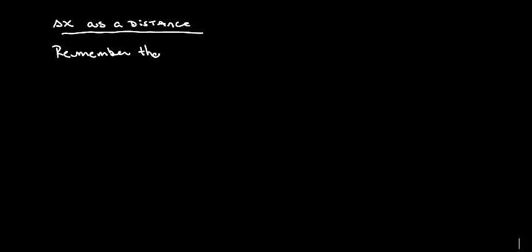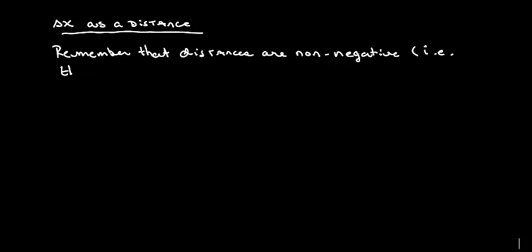So I want you to go ahead and remember that the distance between any two objects should be a non-negative value. Well, what do we mean by non-negative? Because that gets thrown around a lot. Non-negative means that the values for the distance must be at least 0. We don't say they're positive because 0 is not positive, and a distance could be 0, but we say that